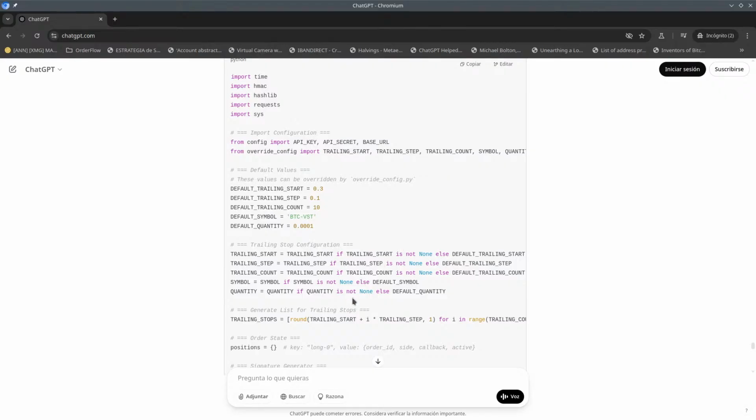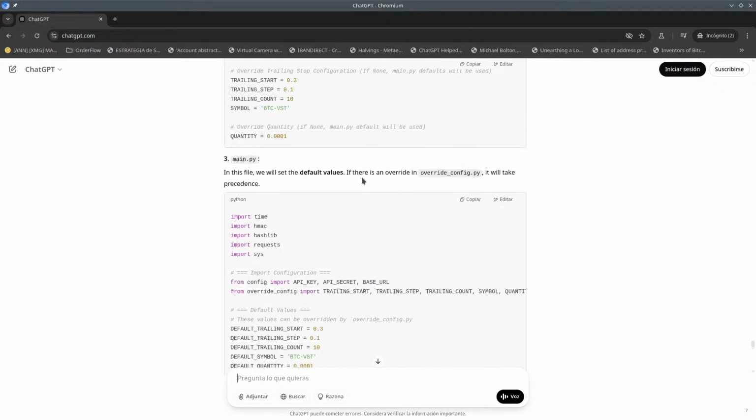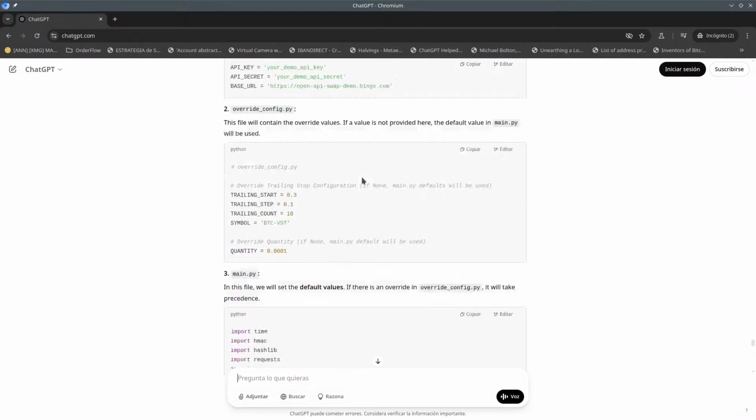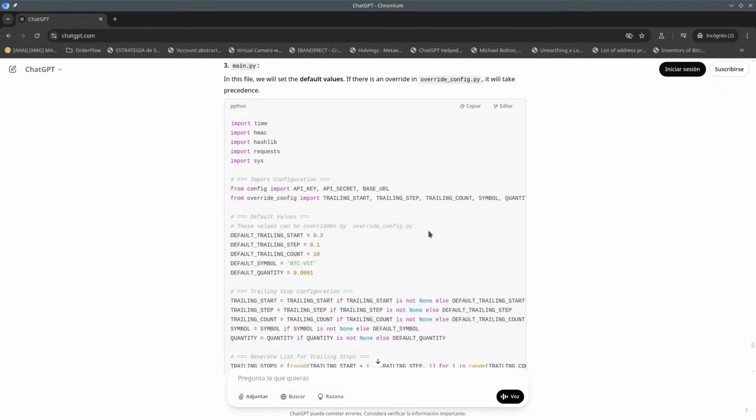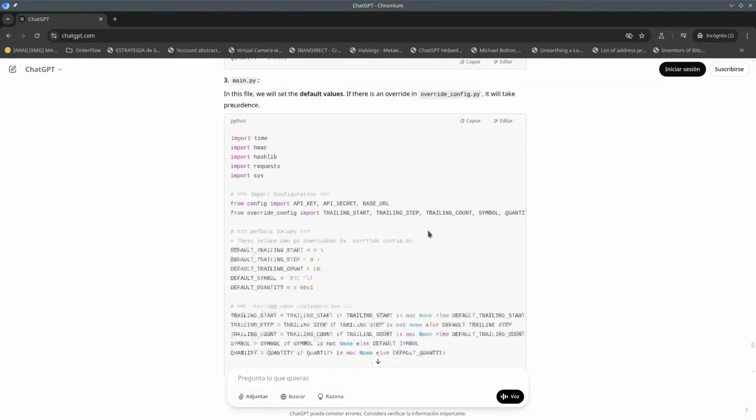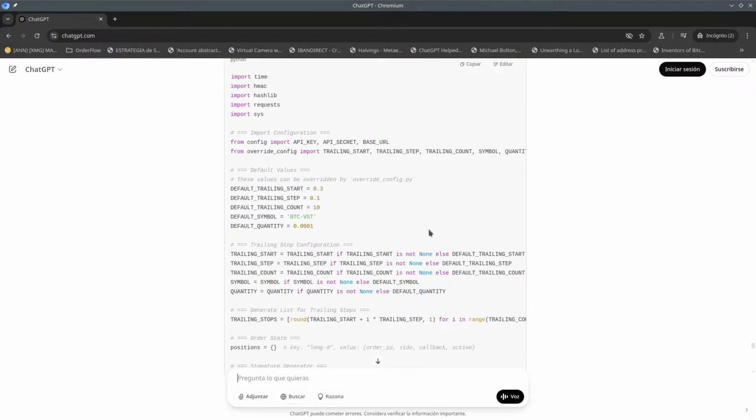Is this right or not? Okay, so override config. Yeah, but that's okay. This is right. So from override config, which is the file from which we import all of these, if something has not been overridden, yeah. So this seems to be right,